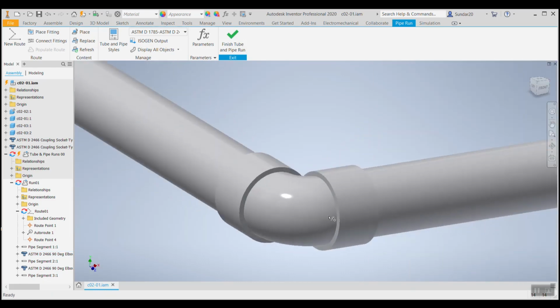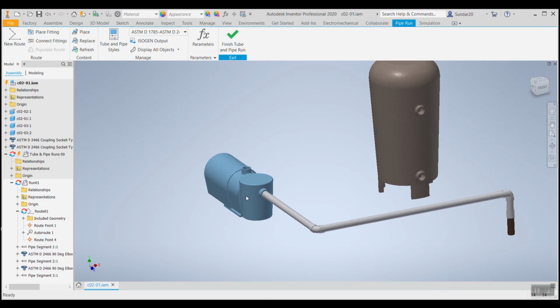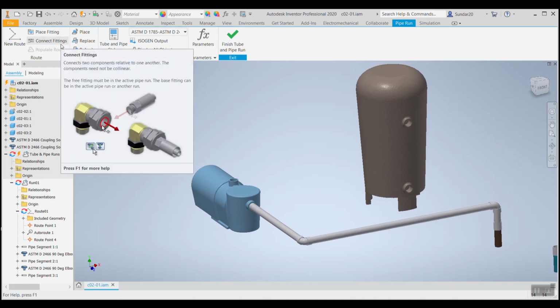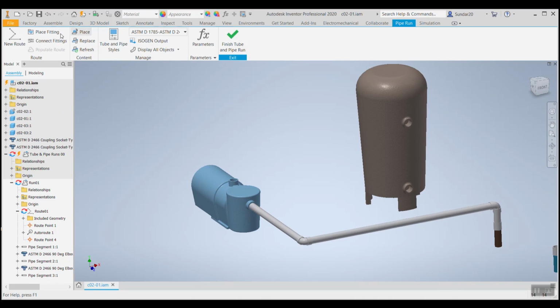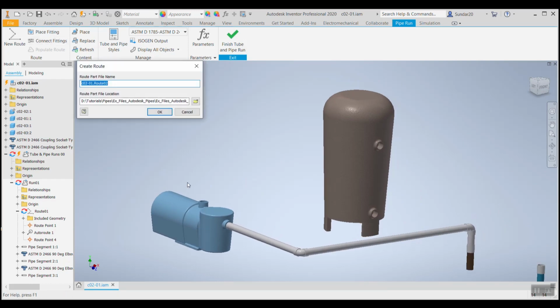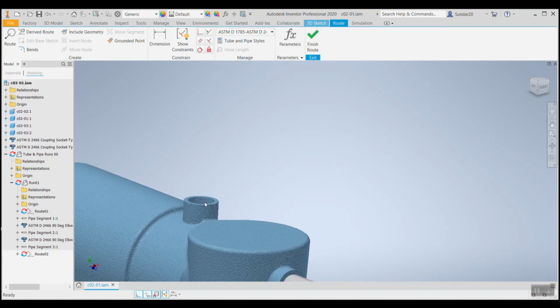Now we'll try a manual routing. New route. We don't have any different options like manual or automatic in the interface. So everything has to be decided through our own workflow, how we route the prompts, right? New route. I'll say OK. Select the area which we need to connect.